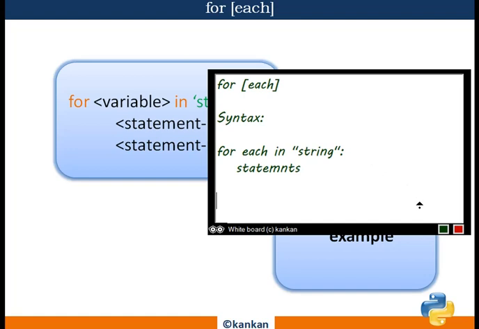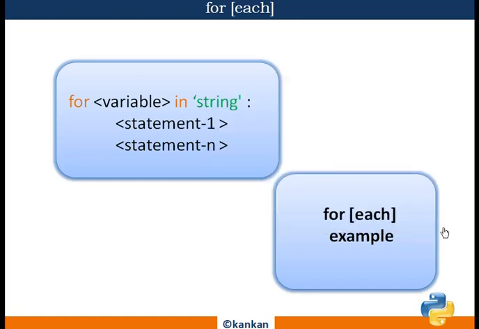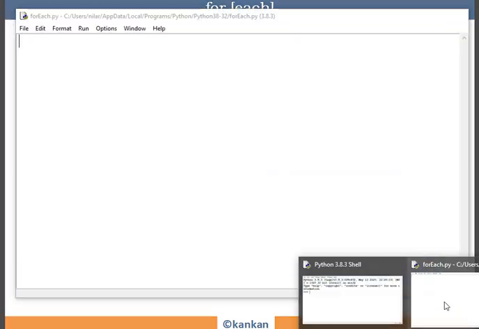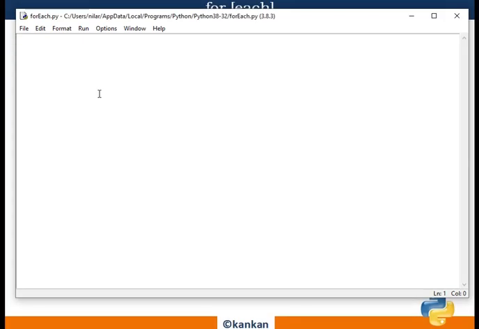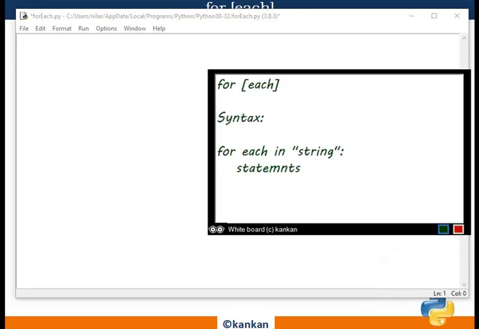Now I will start for each loop with an example. Now I am writing the code. Suppose this is my example 1. What is the example about?